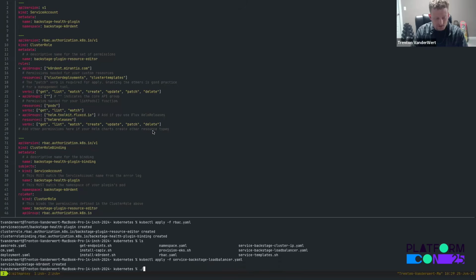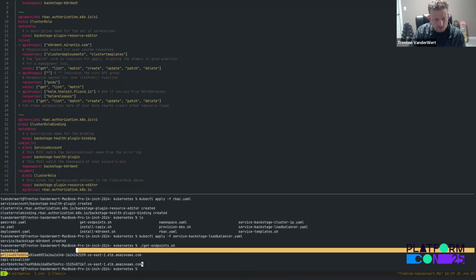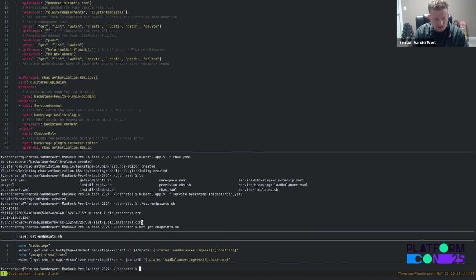And then I also have in here this little get endpoints script for when this is all provisioned. You'll be able to see that we have these two cluster IP endpoints, which, if you look at the get endpoint script here, is really just getting the Backstage endpoint and the CAPI visualizer endpoint. And the reason we're going to need this is because